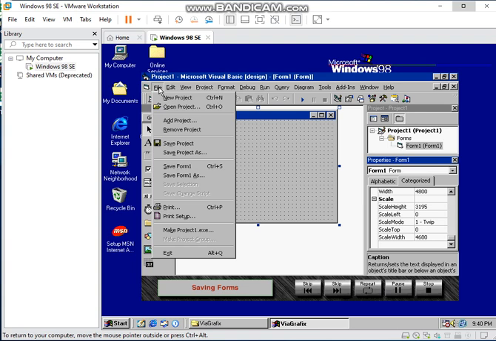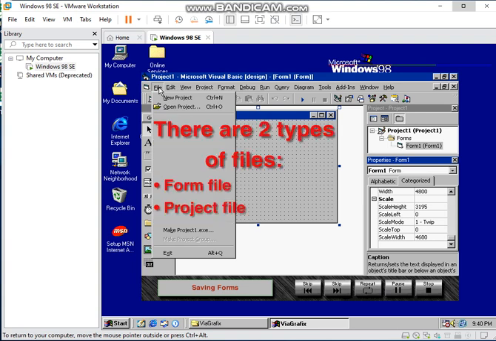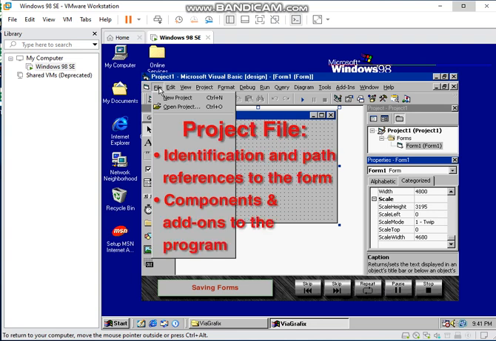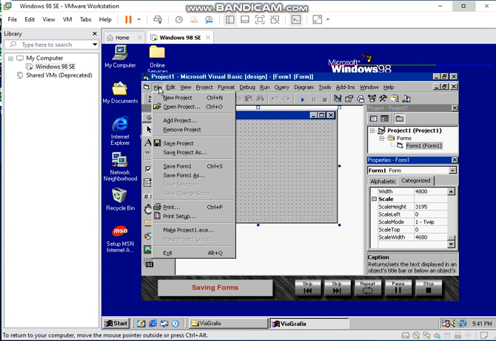When saving Visual Basic projects, there are two types of files to consider, the form file and the project file. The form contains the visual portion of our program, as well as the code itself, while the project contains identification and path references to the form, as well as any components and add-ons in the program. To save a project, we will start by clicking the Save Form 1 As command